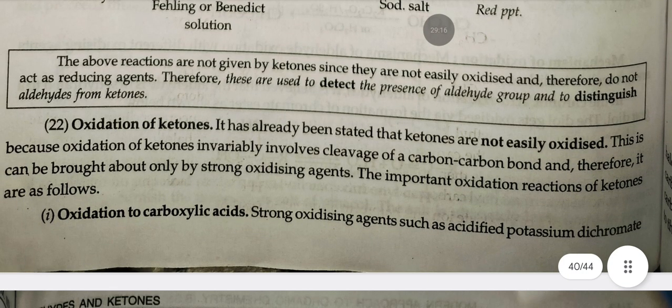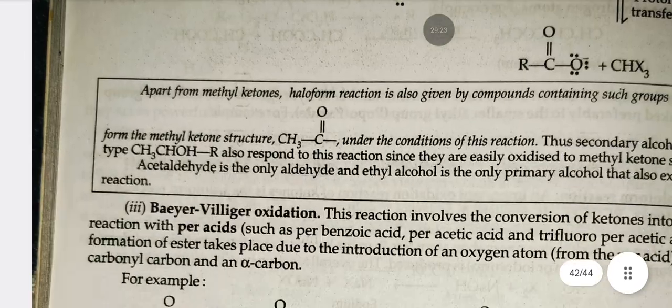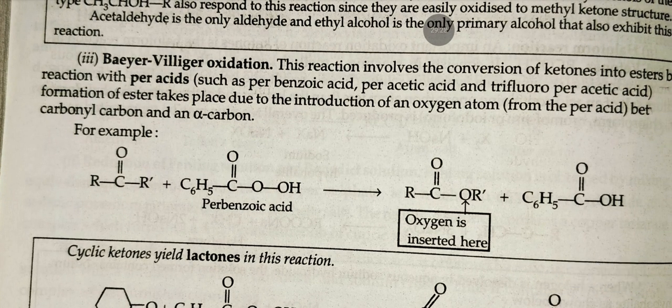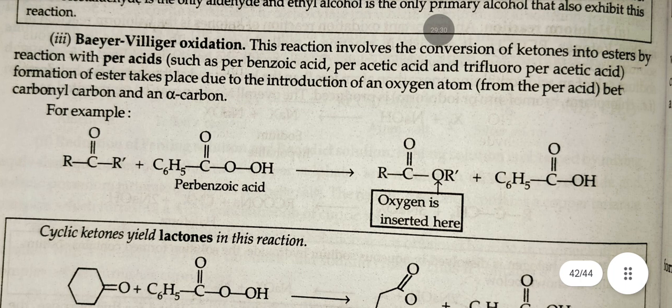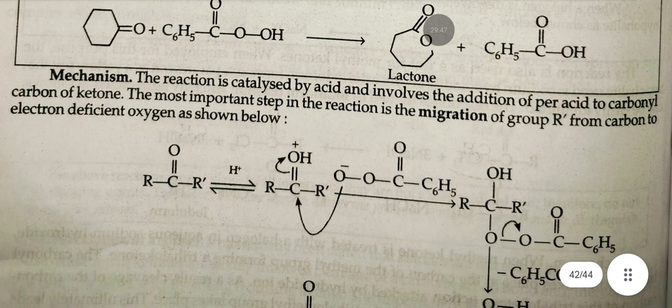Oxidation of ketones. It has already been stated that ketones are not easily oxidized. Baeyer-Villiger oxidation. This reaction involves the conversion of ketones to esters by peracids such as perbenzoic acid, peracetic acid, and trifluoroperacetic acid. Formation of ester takes place due to the introduction of an oxygen atom between the carbonyl carbon and the alpha carbon. Mechanism. The reaction is catalyzed by acid and involves the addition of peracid to the carbonyl carbon of the